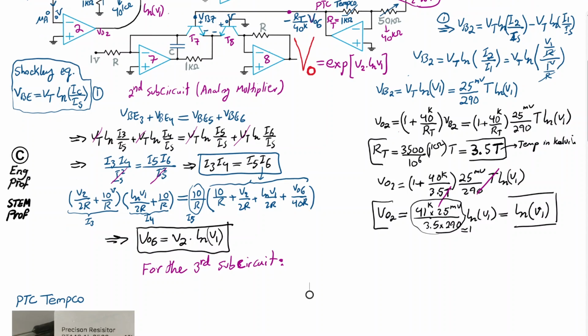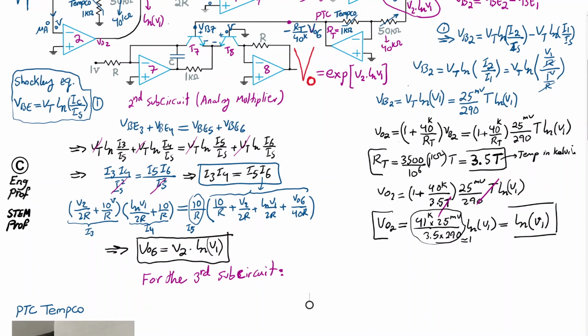Okay, so I'm referring to the schematic. I can write VBE7 minus VBE8 is equal to VB7. So VB7 is equal to the voltage of base emitter of NPN transistor T7 minus the voltage of base emitter of NPN transistor T8. Substituting using equation 1, the Shockley PN junction equation,